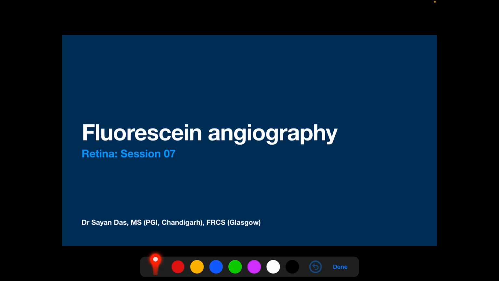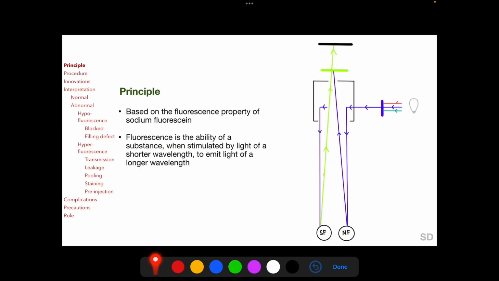Welcome. In this session, we'll be discussing fundus fluorescein angiography. Fluorescein angiography is based on the fluorescence property of sodium fluorescein. Fluorescence is the ability of a substance to emit light of a longer wavelength when it is stimulated by light of a shorter wavelength. A non-fluorescent substance, particularly if it is white in color, reflects the same color of light which